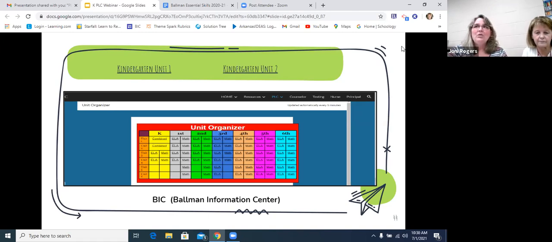And when we finally realized, because that's a mindset that you have to think yourself, because I'm like, oh no, I've got to cover all 64 of these standards. And I have a little checkbook that I check everything off, how many times I've introduced it, how many times we've revisited it. I'm very compulsive about that. And so having just those limited standards was a big thing for me. It was a hard thing, but it works. Like I said, our scores are great. When our kids transfer out and go throughout the district, they know they came from Ballman. So we're proud of that.